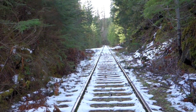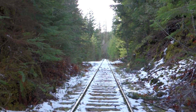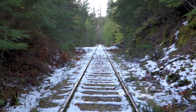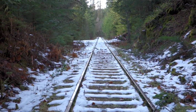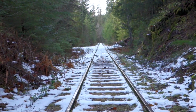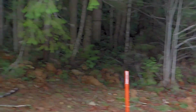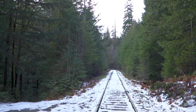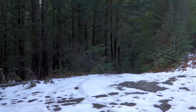Here we are going up what I think is the 2.1% grade, and my entrance road is just on the left up ahead, and beyond that the grade increases to 2.2%. It's looking back down grade, looking up grade. And this is where I set off,